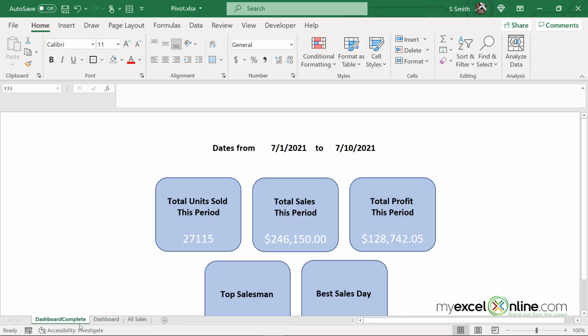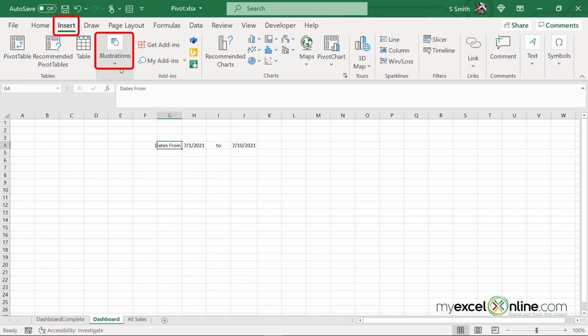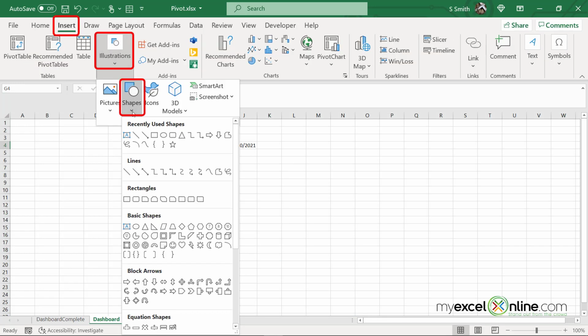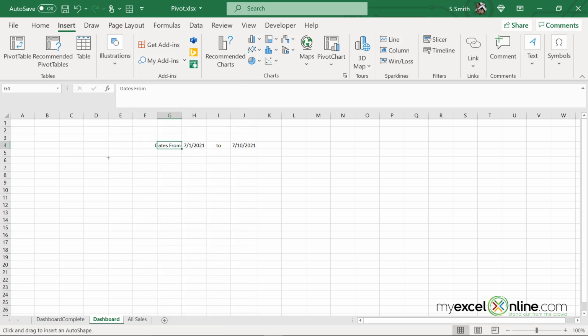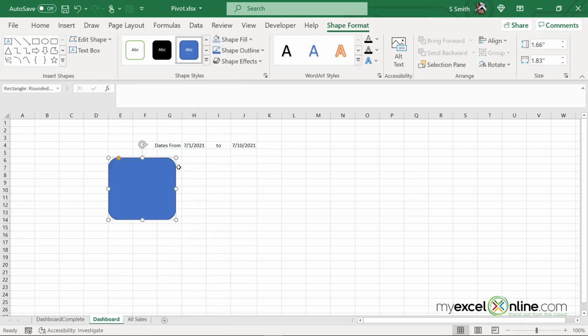The next element I have on my dashboard is total units sold this period. So go back to the dashboard that we're creating and go up to Insert. Go to Illustrations and go to Shapes. You can pick whatever shape you want here for your dashboard. I just picked the rectangle with the rounded corners. And now I'm going to draw that shape and let the mouse button go. And within that shape,